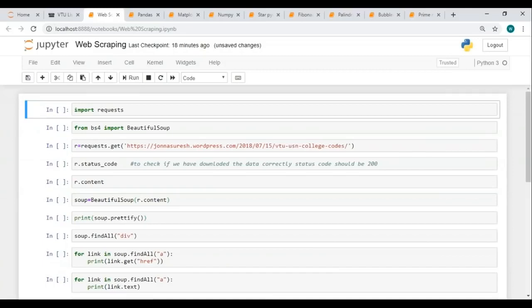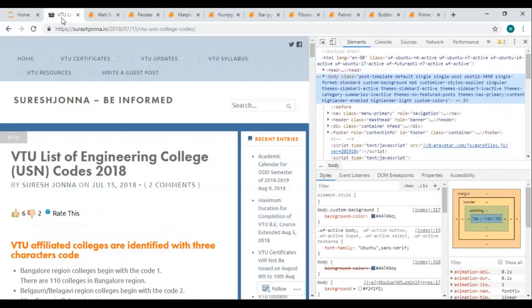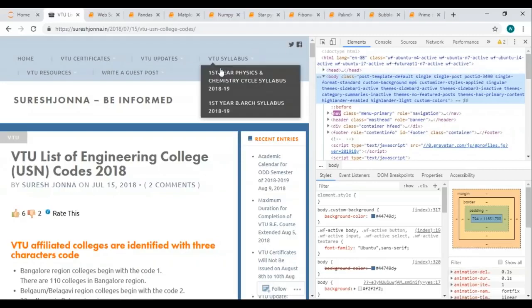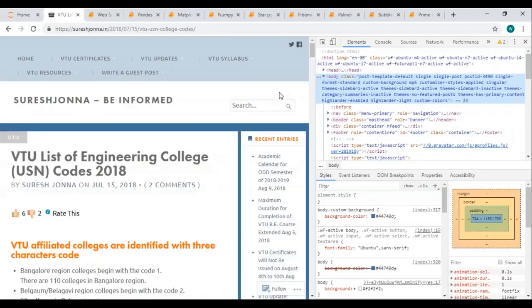So now moving on to the Jupyter Notebook to see how to do web scraping. I'm going to be scraping the VTU website over here. So I'll just open that and I will use Ctrl+Shift+I. As you can see over here, when I inspect this site, I've got all the HTML code for the information that is present on this site. Now this looks very complicated. Now let's go on to our Jupyter Notebook and see how actually to scrape a website.